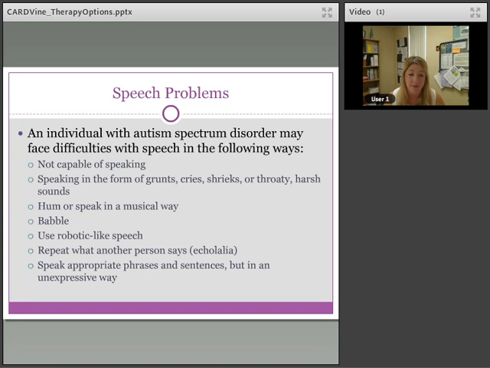Okay, so speech problems. An individual with autism spectrum disorder may face speech difficulties in the following ways. These are just some different areas that a child may have challenges in. They may not be capable of speaking. We call this a child who is nonverbal. They're just not able to verbally express the way they're feeling or their wants and needs. They may speak, but only in the form of grunts, cries, shrieks, or throaty, harsh sounds. So they may not be able to enunciate words and sentences, but